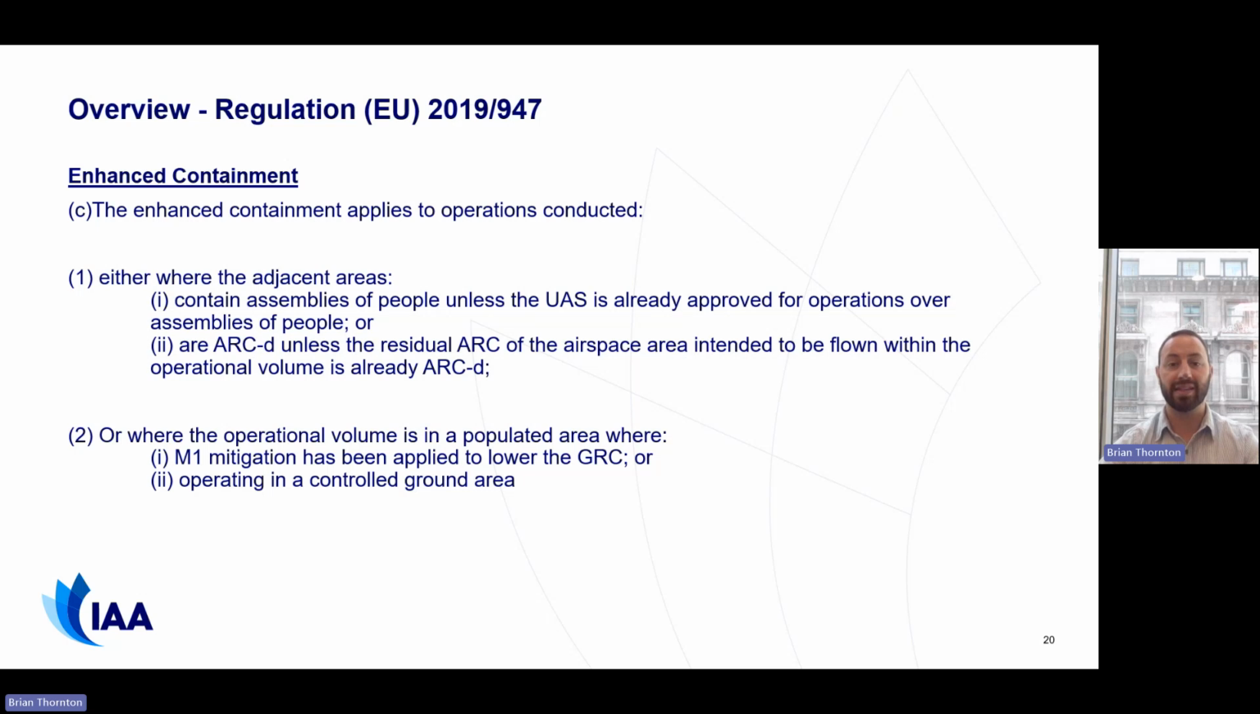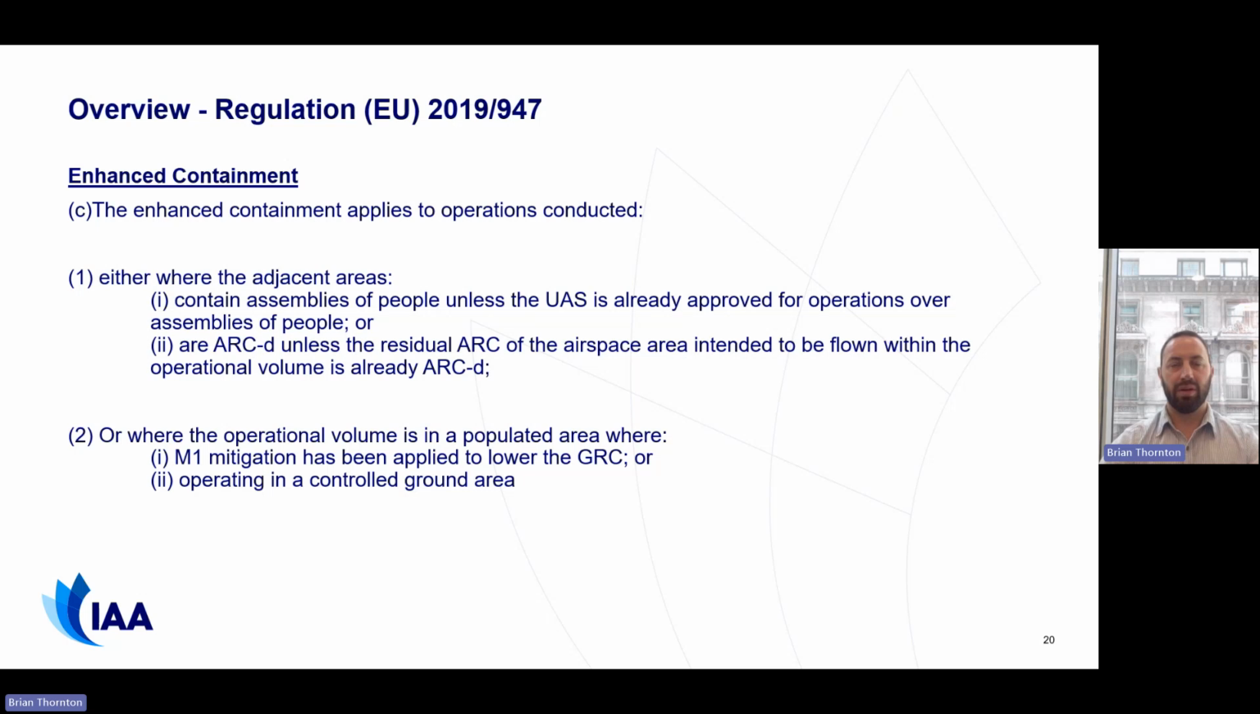So again, going back to the extant regulation, enhanced containment applies to operations conducted: one, either where the adjacent areas contain assemblies of people, unless the UAS is already approved for operations over assemblies of people; or ARC-D, unless the residual ARC of the airspace is intended to be flown within the operational volume. So if you go to the first point, number one,